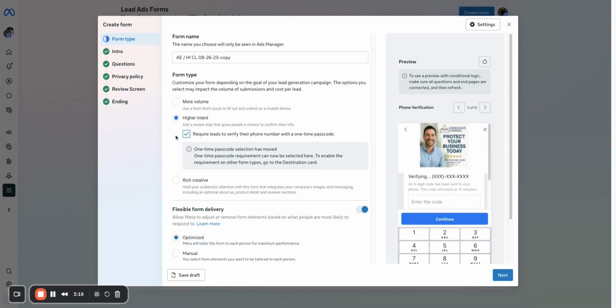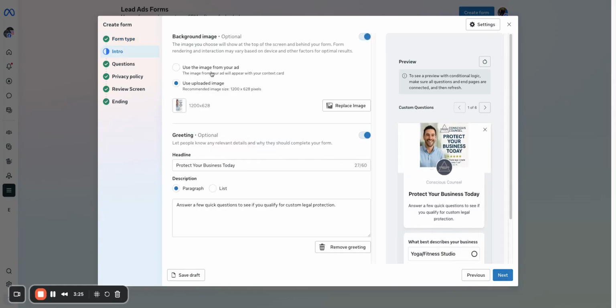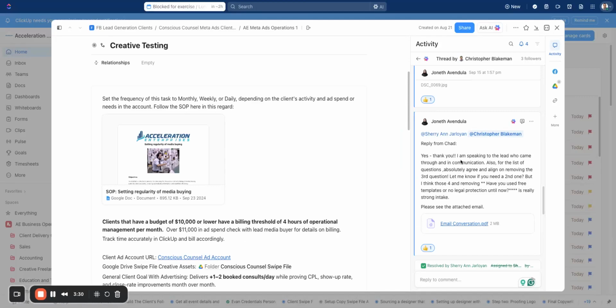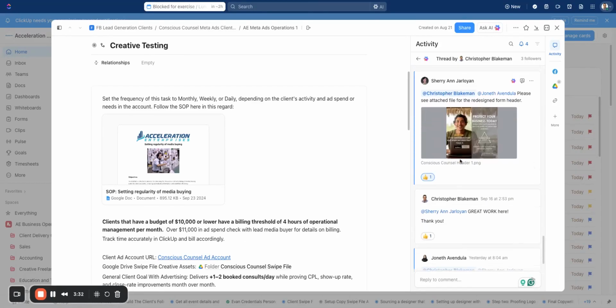We want high intent. That's all good. It's on optimized flexible form delivery. We'll go next. Okay, so here's where we're going to be able to replace the image. So let's go back to ClickUp. We got the new image from the VA. That's updated here. We'll download that. And it should show up perfectly